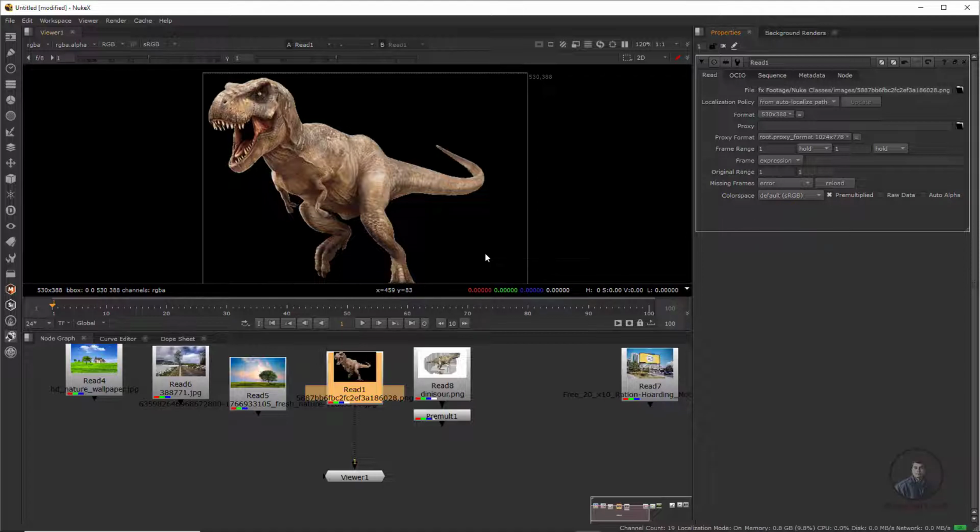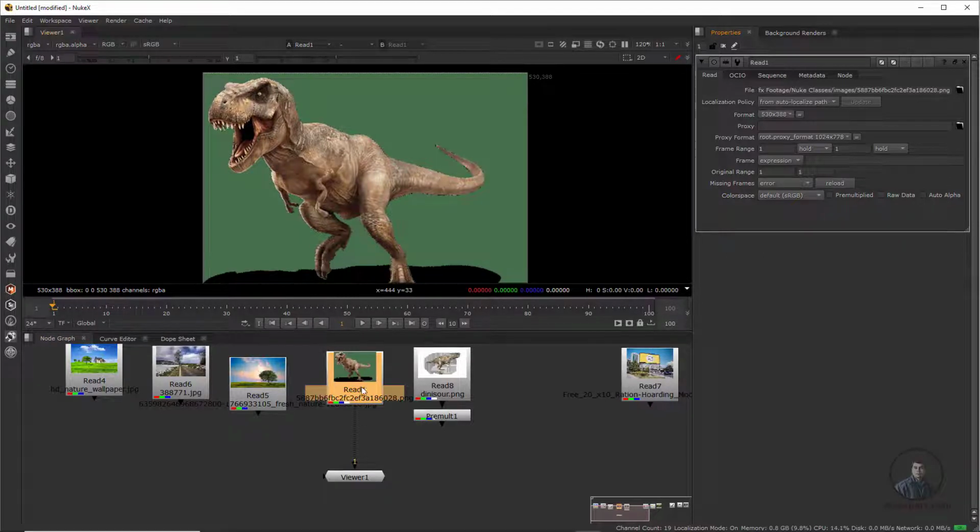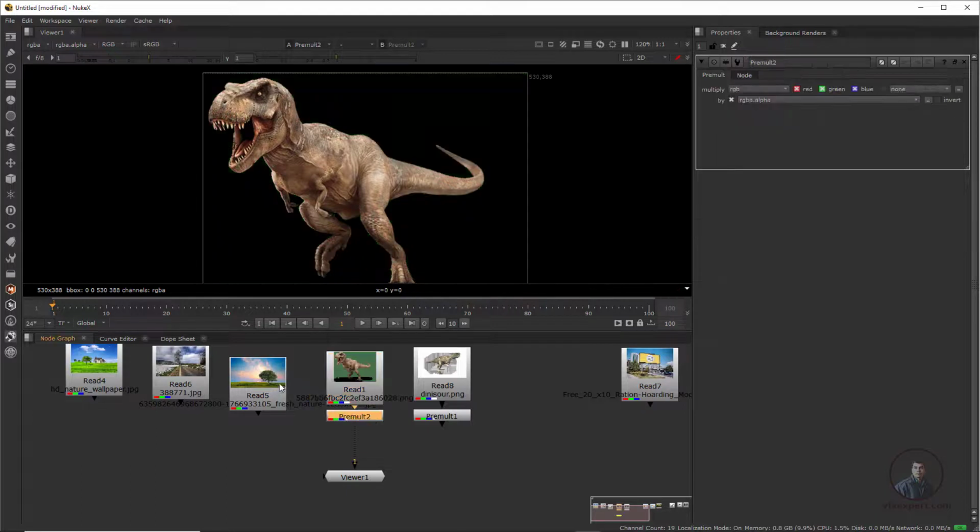But in Nuke, most people do not use this option, because if you use it, then further on we will also need a premultiplied image for compositing. So just uncheck this one and simply use the pre-mult node. Now see, I have extracted only this dino object from this image. Remember, this image has 4 channels, you can easily see here.